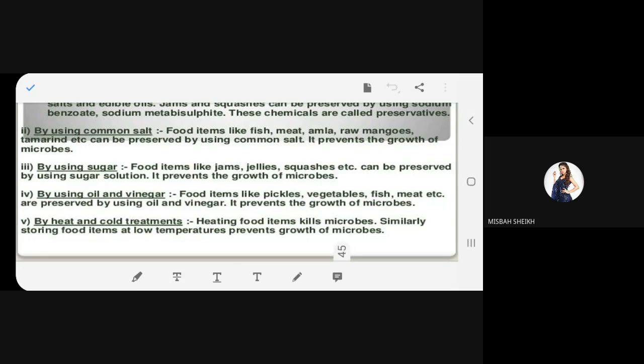Next, by heat and cold treatments. Heating food items kills microbes. Similarly, storing food items at low temperatures prevents